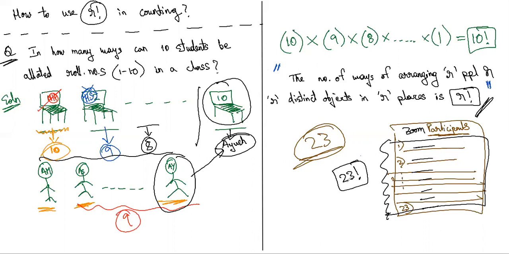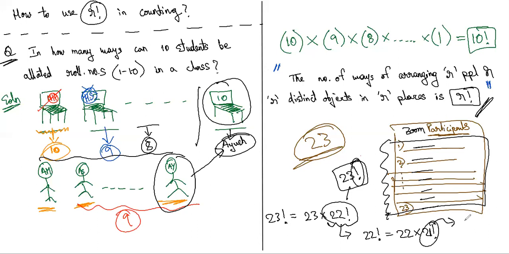23 factorial. Then they'll ask, what do you mean by factorial? Then you have to explain it. 23 factorial, my friend, is nothing but 23 into 22 factorial. Then they'll ask, what do you mean by 22 factorial? You'll say that 22 factorial is nothing but 22 into 21 factorial. So by this time, if they're not irritated, then again they'll ask you, what do you mean by 21 factorial? You'll tell them 21 factorial is nothing but 21 into 20 factorial. Sir, if the teacher is a mathematics teacher, she will explain it.